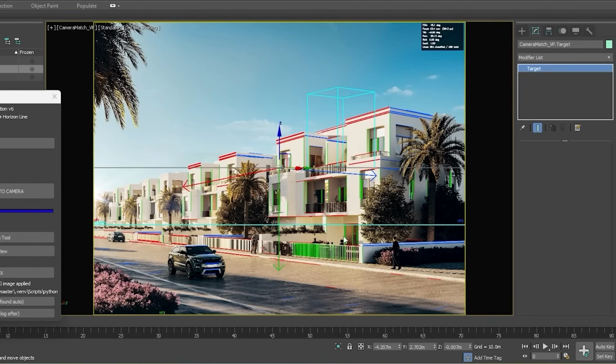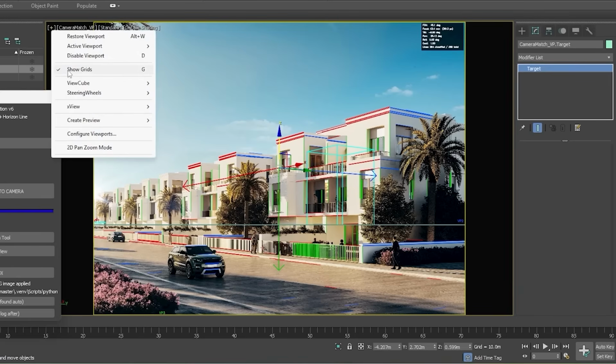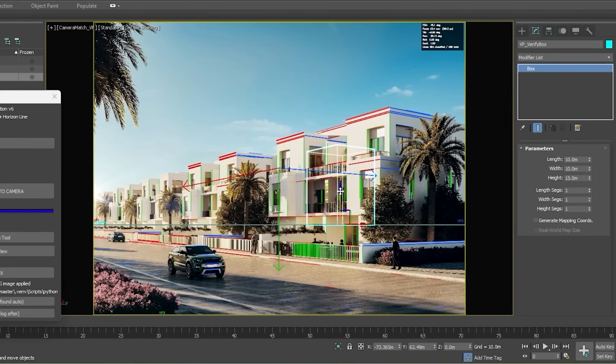While the camera target is selected in the viewport and the move tool is also enabled, begin moving it vertically to bring down the camera horizon line to align with the background image horizon line. This grey line is the scene's grid, which is often on the same level as the camera horizon line. Let's select the box in the scene and begin moving it downwards to align with the base of the background